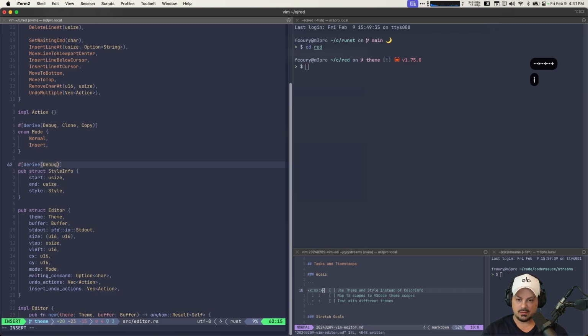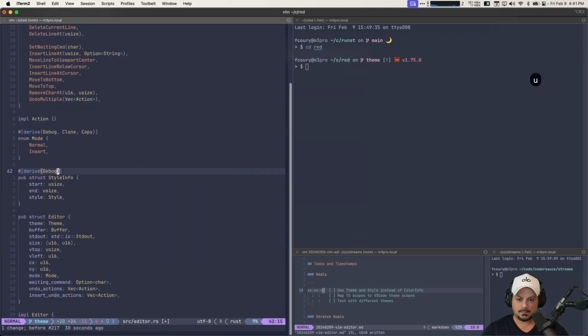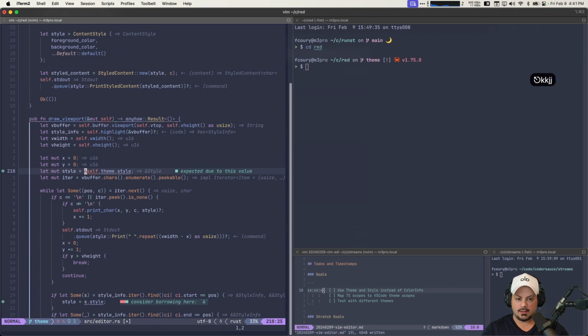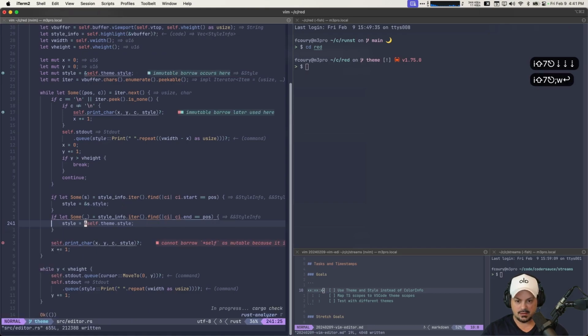I think since, oh no, we have style, and yeah, we need to clone it. Because we're also using it as mutable, right? Hmm. Don't know. I think we can still do borrow. Let's see. Like that. If we borrow,